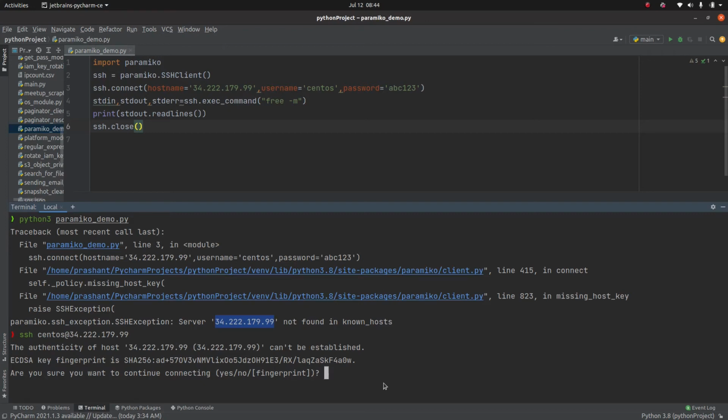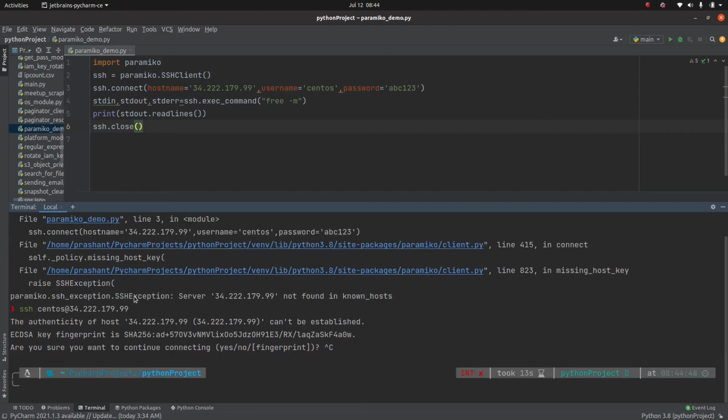So as you can see, when you are simply trying to SSH to this server, you are asked to accept this key. The reason you are getting this Paramiko error is because the machine from which you are trying to access does not trust the remote server, and that's why you are getting that error.